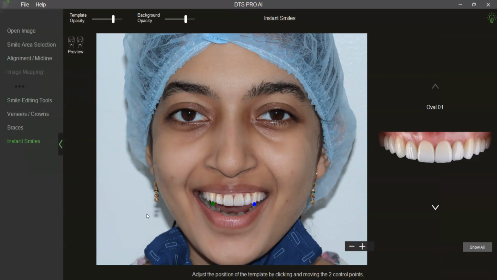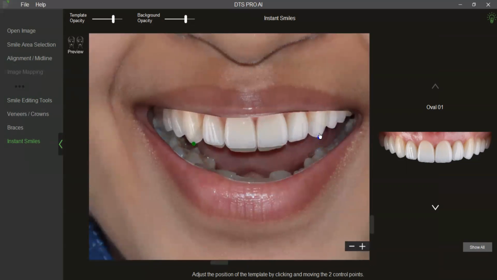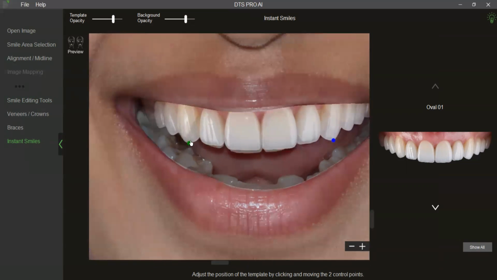So the moment I go to instant smiles, as you can see, the software has automatically overlaid the first template on the patient's existing teeth. Now, there are these two control points which can be used to get the best possible fit.